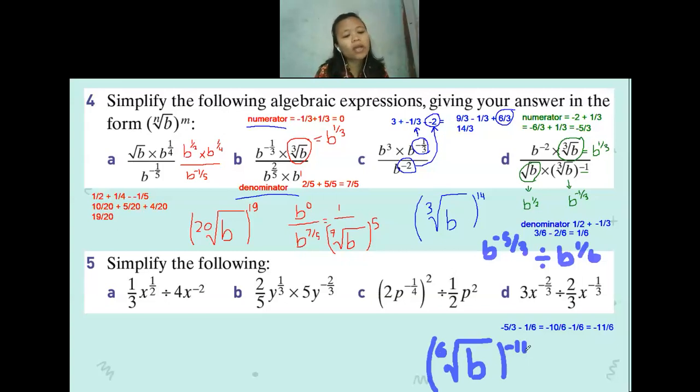Is there anyone having any questions so far? No? Okay, if you have no question, I think that's all for today's class. At home, please kindly try to do question 5 by yourself. Later, I will send you the answer. If you still have any confusion tomorrow, you can ask me any question regarding question 5. Try using all of the steps that I already explained to you, and then I will give you the final answer for you to check. If you still have a different answer when checking at home, tomorrow we can discuss it together, okay?